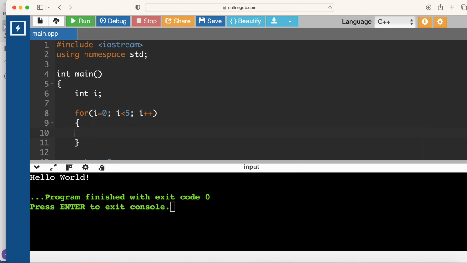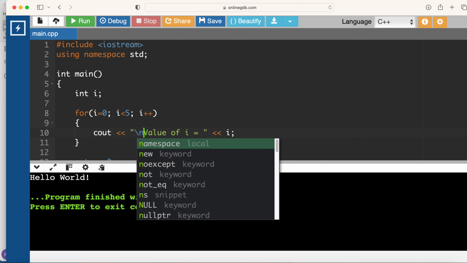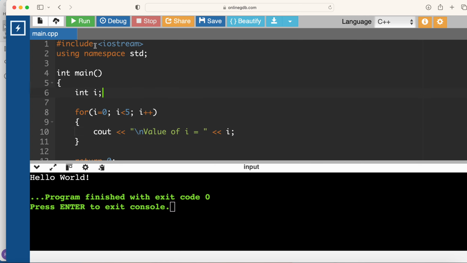Okay, so this is basically the whole structure of a for loop: the initial value, the exit condition, and the increment or decrement. And just to understand how the loop works, I'm going to print out the value of i, just to understand the concept clearly. So "value of i equals", and I'm just going to print out i. I'm going to put a backslash n over here just so that we go to a new line, and